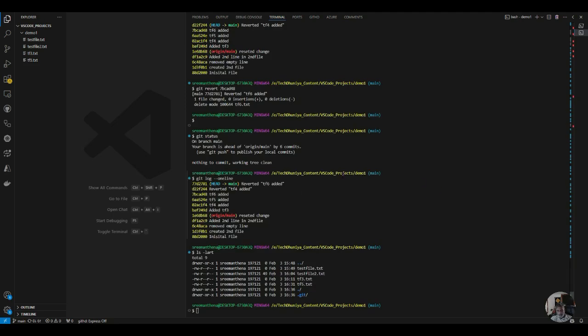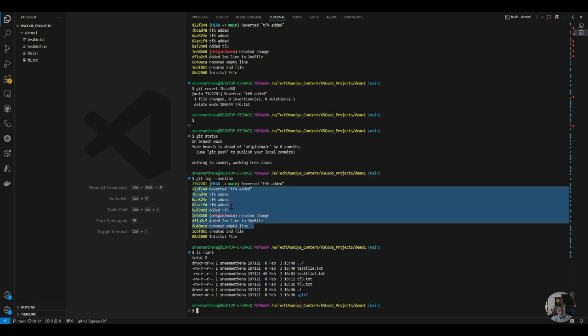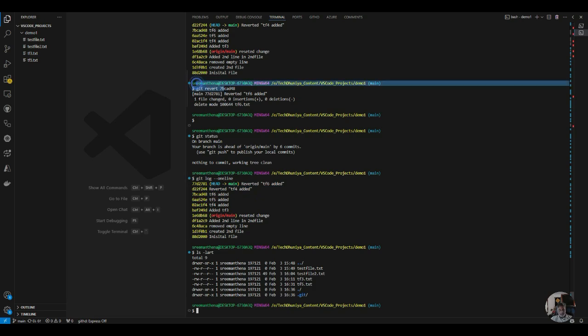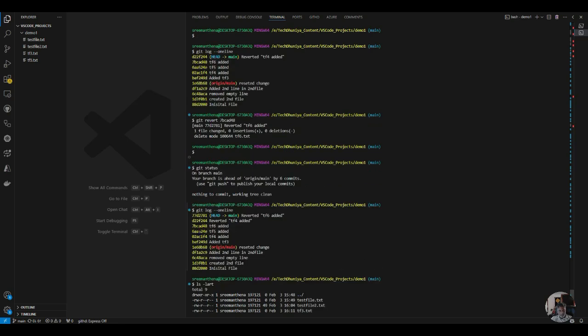So git revert will just remove the content of the commit which you reverted. That is the reason if we see the history, it will not remove the commits. The commits will remain stored, but whatever data is there with the commit ID you reverted will get removed. So now if you see git revert 7bca, the commit is still there, but one new commit got added, and whatever data was there with that commit, tf6 added,